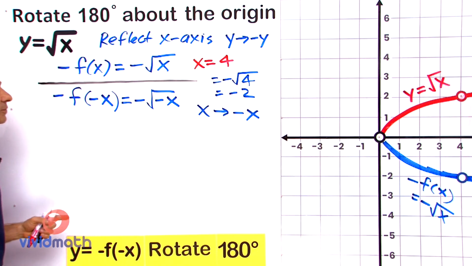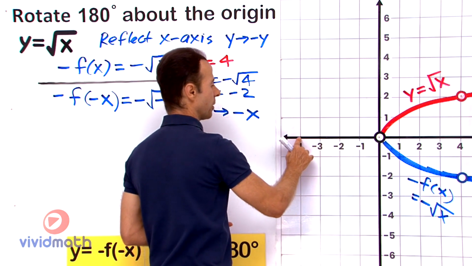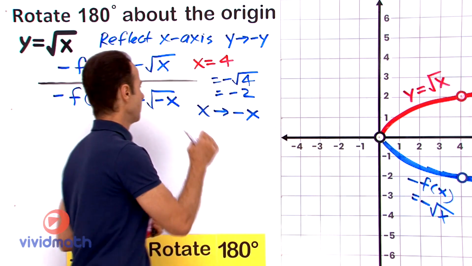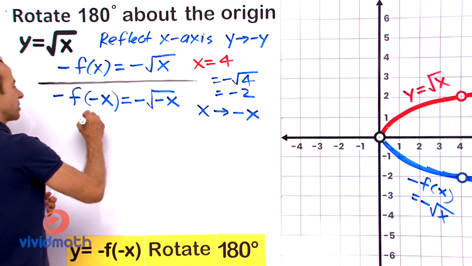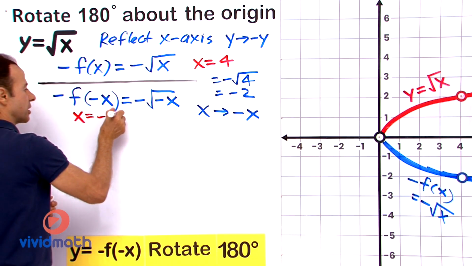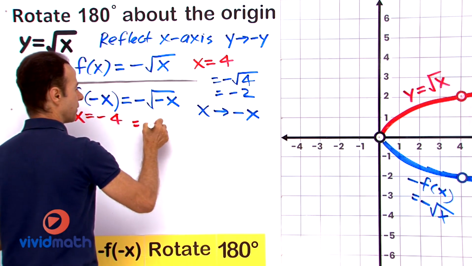So how are we going to confirm the points? Well, I'm going to test the point negative 4. If I put x equals negative 4, let's see if we get, should be about negative 2. I'm going to test it. So at x equals negative 4 as a test, substitute it into that, that's going to equal negative the square root